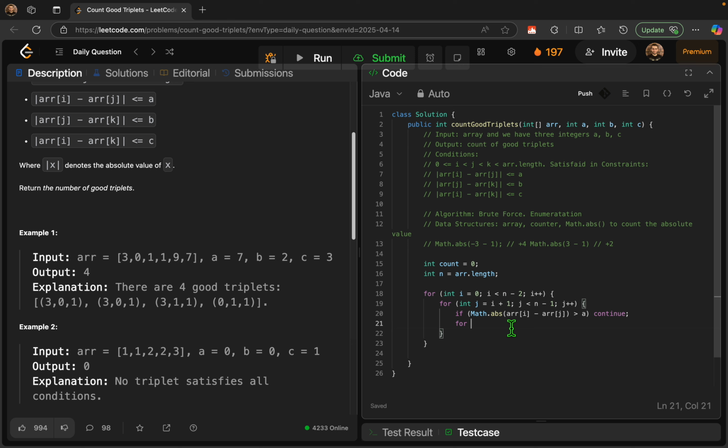and third condition. Now let's move to K. It will equal J plus 1. K will loop through the entire array, K increment. The same skipping can be done for the second condition. So we have Math.abs of array J minus array K, and if the absolute value is bigger than B, we will just continue. And lastly,